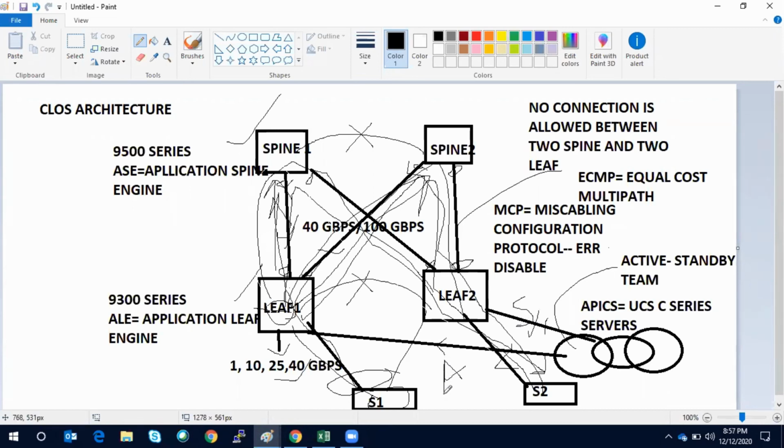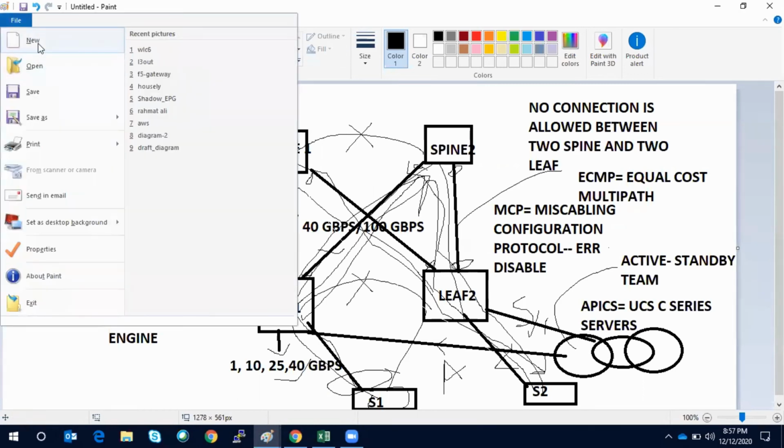When you connect the APIC to leaf 1 and leaf 2 that way, and you power on, the APIC gives you one wizard. Let me take a new diagram.